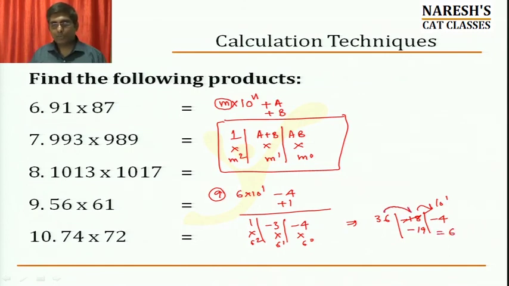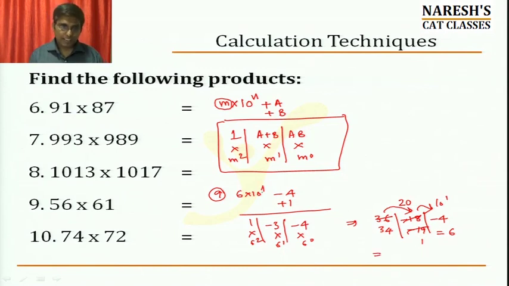But because there's a 19, what do I do? I'll have to take one carry forward here. It will become 34. But if you take one carry forward, it is not enough because you have 19. You have to take two carry forward. It can be 34, and when I carry forward 2 into 10 power of 1 will be 20, minus 19 will be 1. After this, you need to simplify the answers.